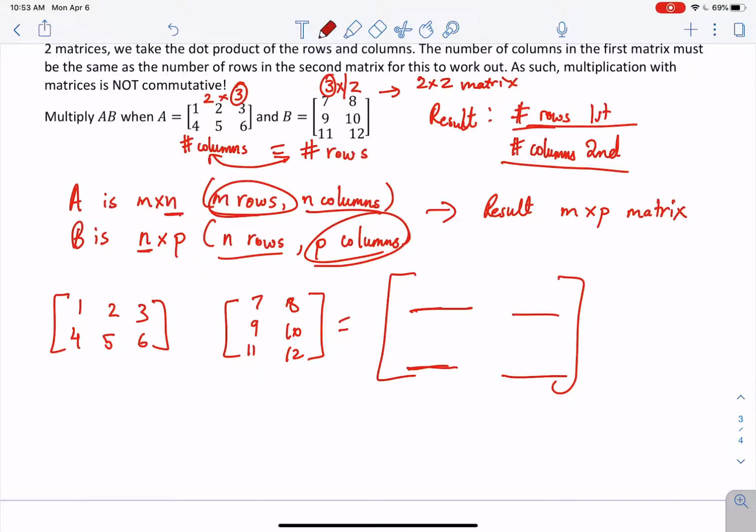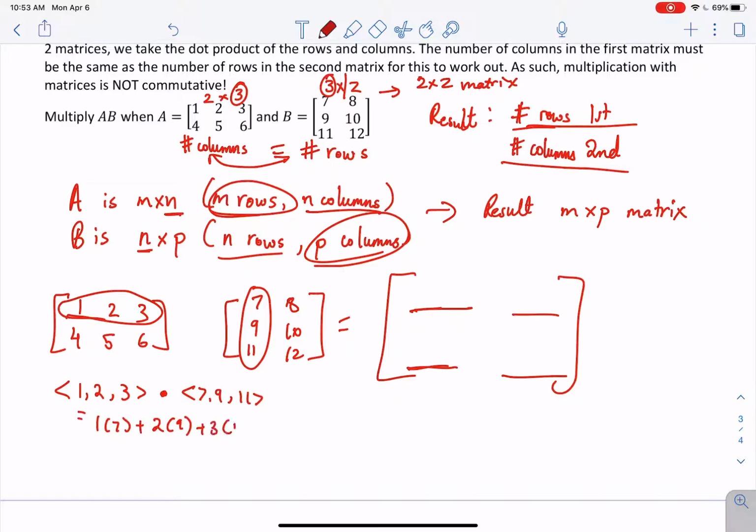What I'm going to do is take this row and this column and treat them as vectors. So I have 1, 2, 3, and 7, 9, 11. I'm going to dot product these two, which means I'm going to do 1 times 7 plus 2 times 9 plus 3 times 11. And when I add those up, I'm going to get